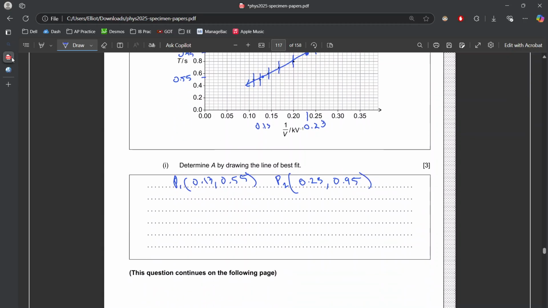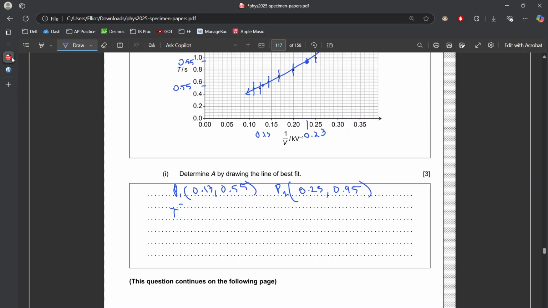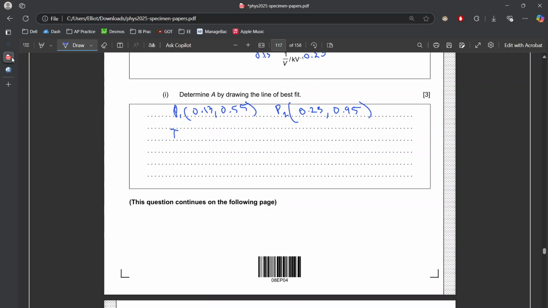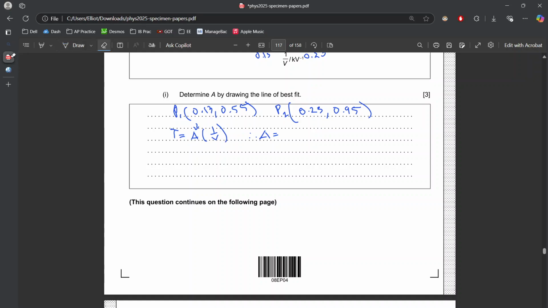If you think about it, t is equal to a times 1 over v. This is going to be the slope of a line of t on 1 over v. So therefore, a is approximately equal to